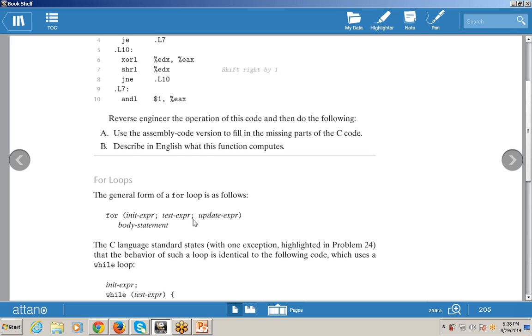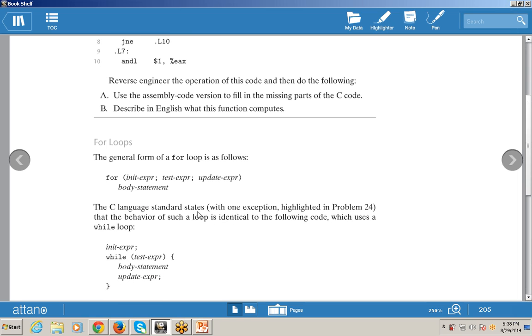So it is similar to the while and do while loop, but the main difference is that the condition check, the increment or decrement, and the initialization are performed in only one line: init expression, test expression, and update expression. Then if the condition is true, the body statement will execute.